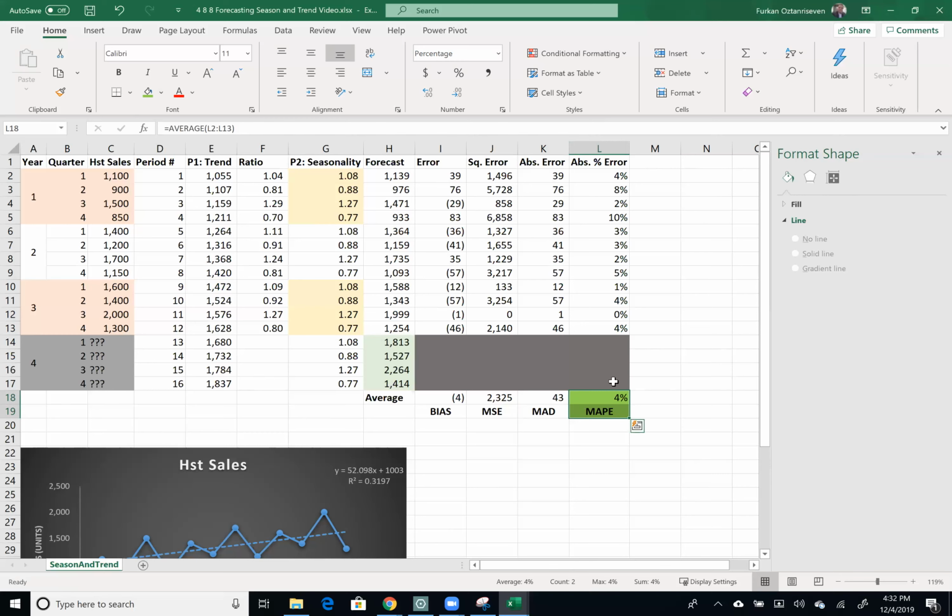So now I validated my model. So I think that forecasting for this company using seasonality and trend line together, two patterns together, is a great idea. Another way to validate this model is to calculate standard deviation. So how do I calculate standard deviation? We can calculate standard deviation by taking the square root of mean squared errors. All right, let's do that. Taking square root of mean squared errors. So you can see that my standard deviation is 48